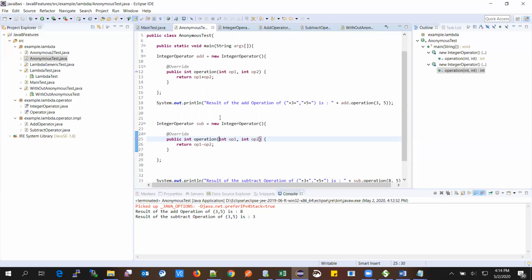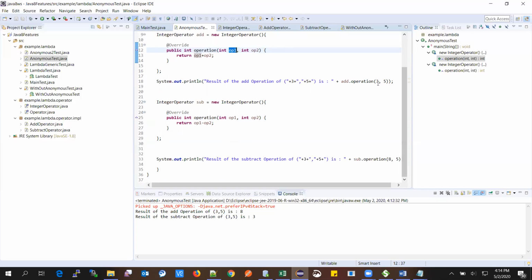We pass objects or primitive data types. Here, for example, if you take this operation as a method, we are passing op1, here we are passing 3, which is a primitive data type. But with a lambda expression, we can pass functionality, we can pass code as an argument.